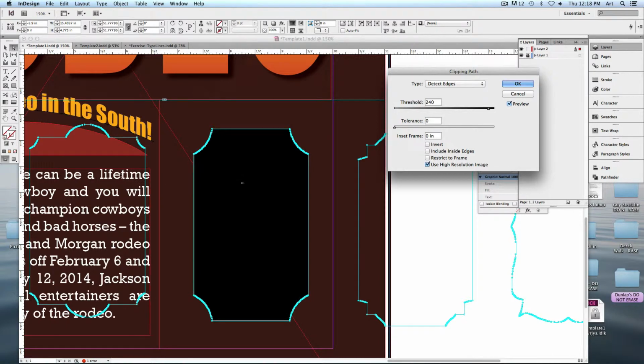Another thing we want to do, if you look and notice that it's also getting the other frames that are within our area, and we only want to use this one. So I'm going to restrict it to the one that's in the frame. By turning this on, now only this one is the one that's going to be affected. When we say OK,